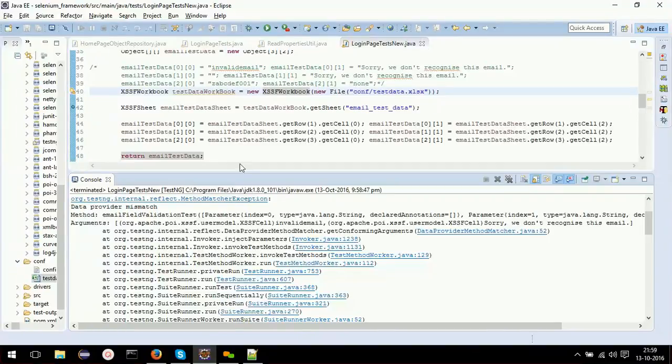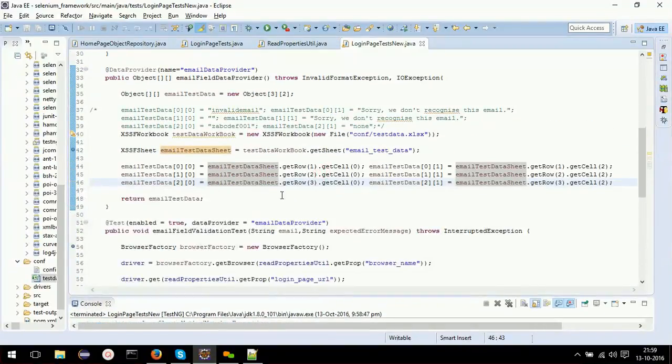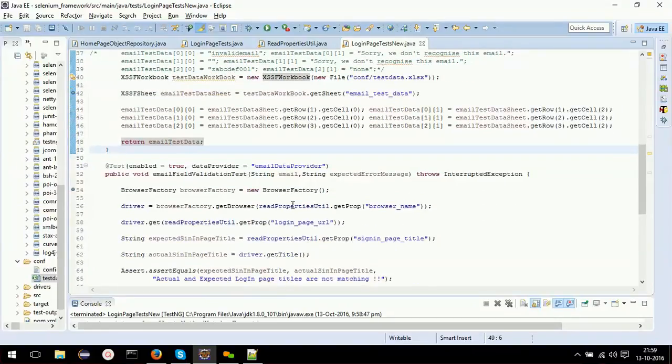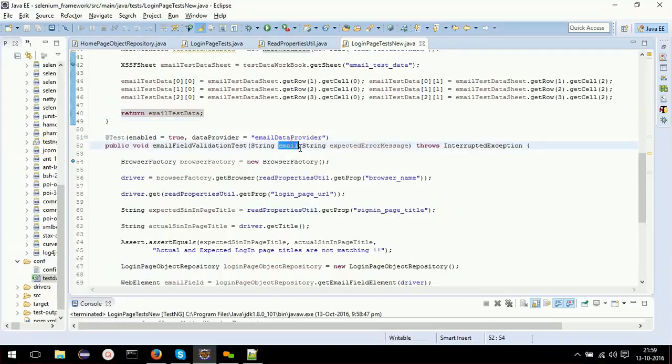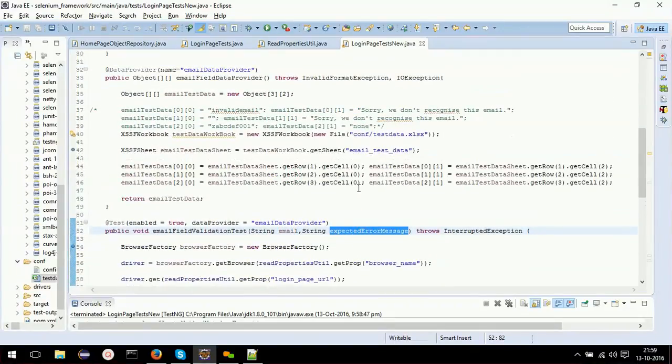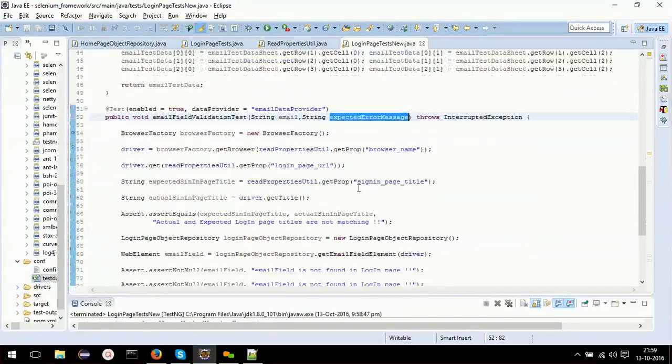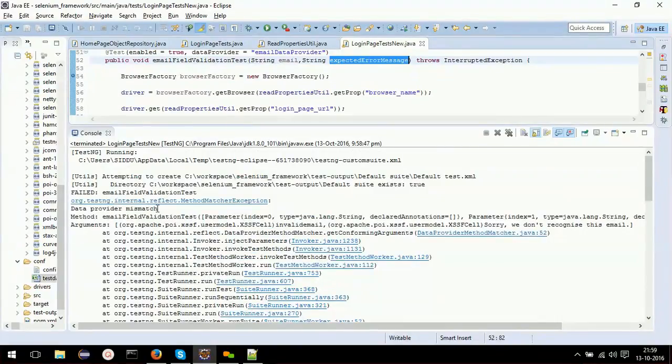Data provider mismatch. Second, data provider mismatch.